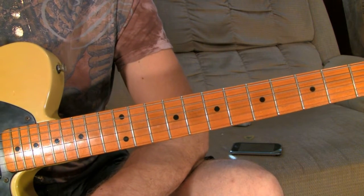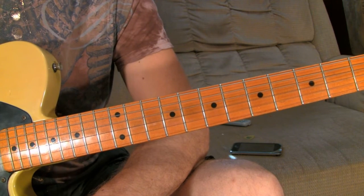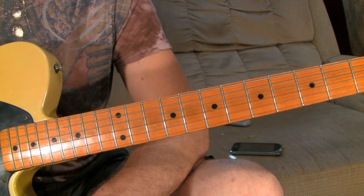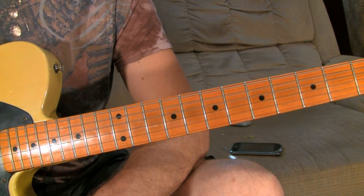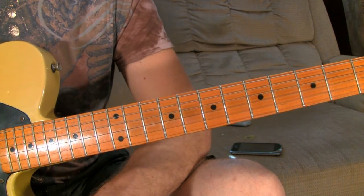So I believe that is all the guitar parts to the song. If you have any comments or criticisms, or if I did anything wrong and you think that it's supposed to be played a different way, please leave me a comment and help me out, because I'm in no means perfect